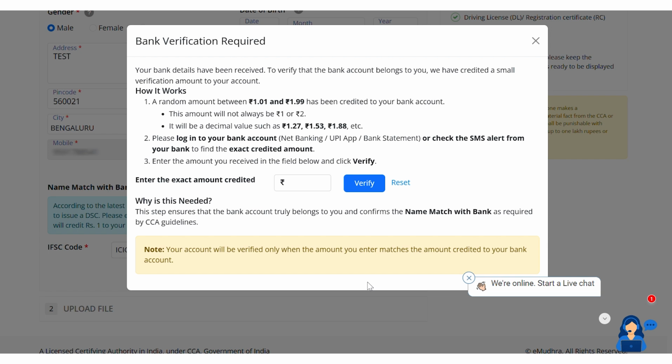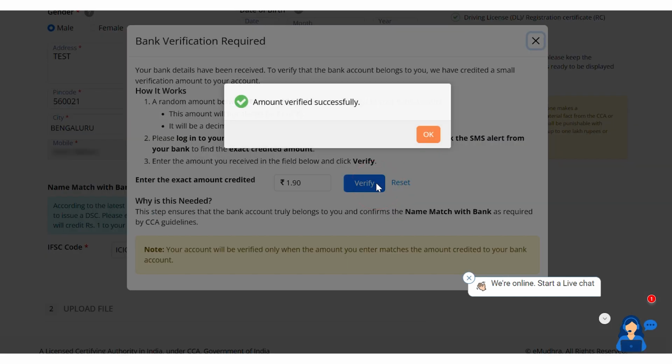Once the amount is credited, please enter the exact amount, including the decimal value, in the verification field and click on Verify. Upon successful verification, you will receive a confirmation message stating, Amount verified successfully.